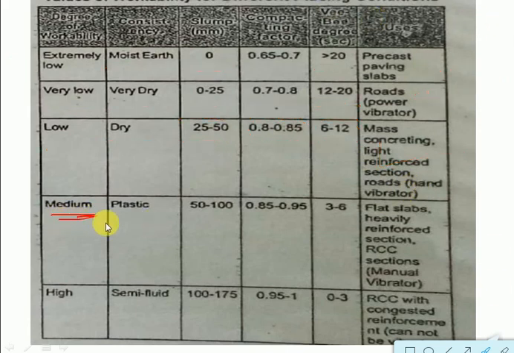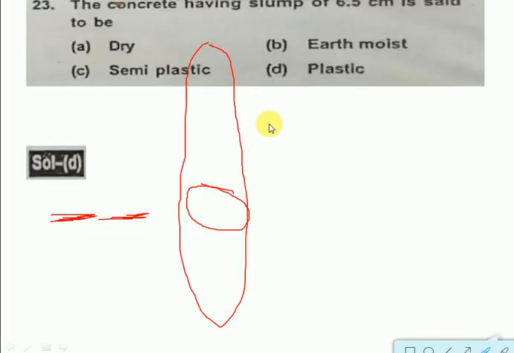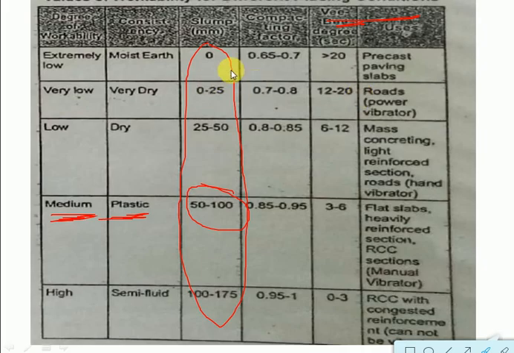If you have medium or plastic, if they only give it like this in the question, sometimes they will mention it in the previous question, right, in this question they have only given the 6.5 centimeter, so you have to remember these values. So 6.5 is nothing but 65 mm, right? So it is in between this one, so it is plastic. You have to remember like this. Okay, so very, very important, you have to remember this tabular column, right? Let's move to the next question.